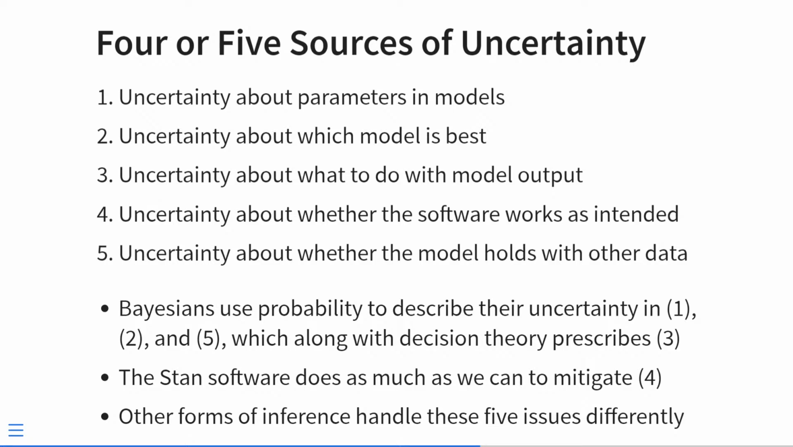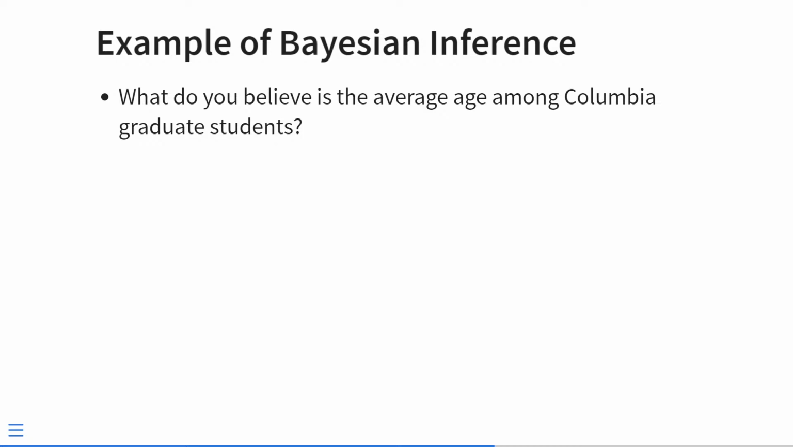With Stan, there's actually a variety of ways in which it can give you warnings like, hey, I don't think this is what it's supposed to be looking like, and that is actually a good thing, even though it can be frustrating when that happens. And other forms of inference besides Bayesian inference are going to make different choices, different trade-offs in terms of how they deal with these things. So, an example of Bayesian inference,